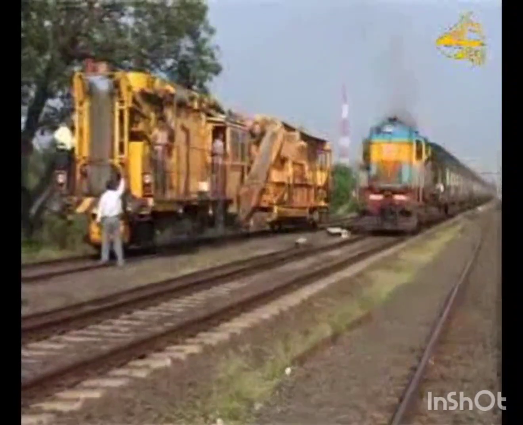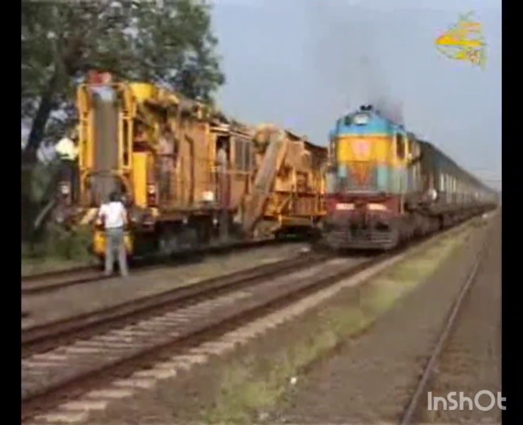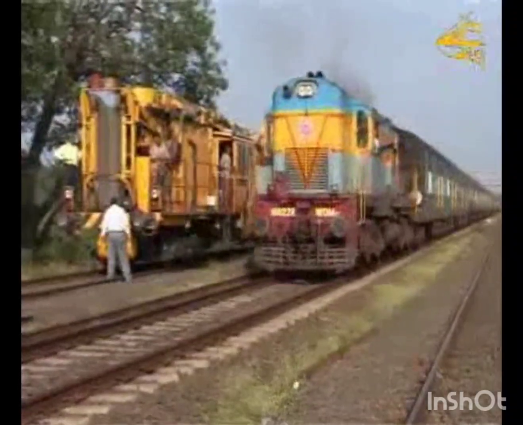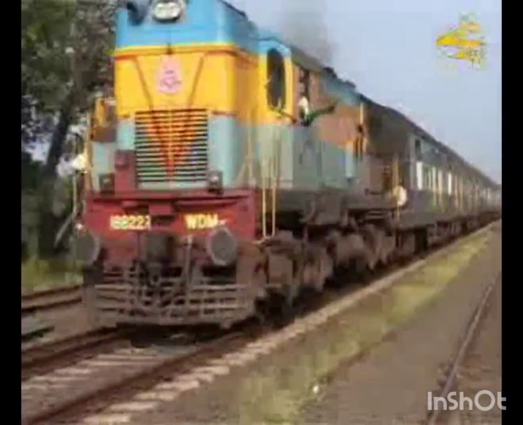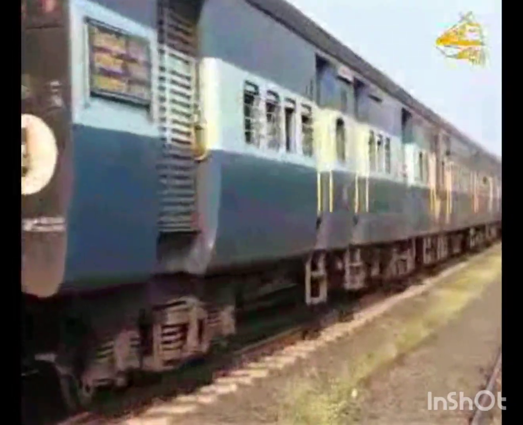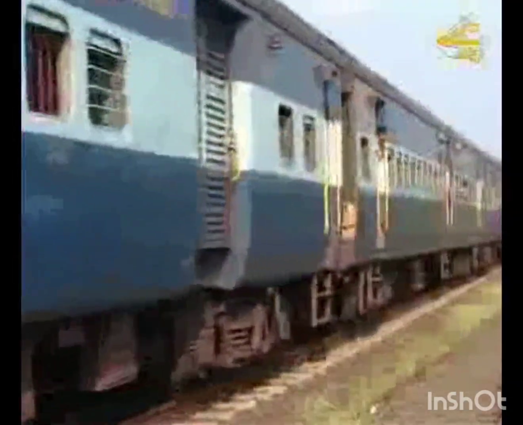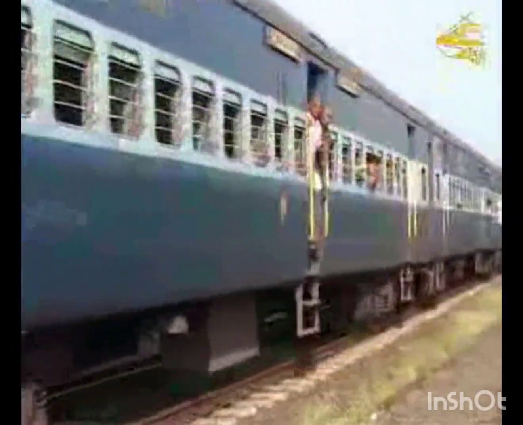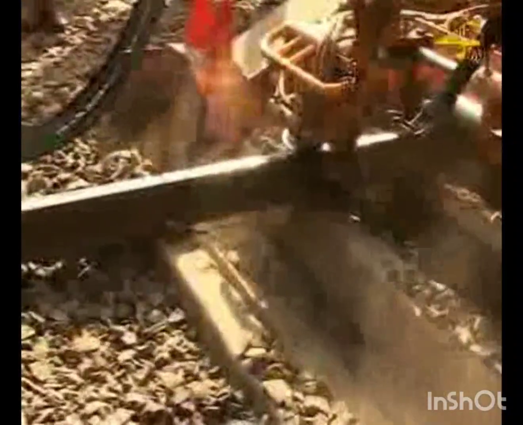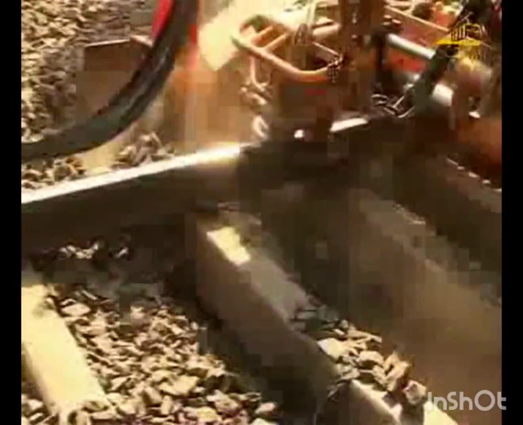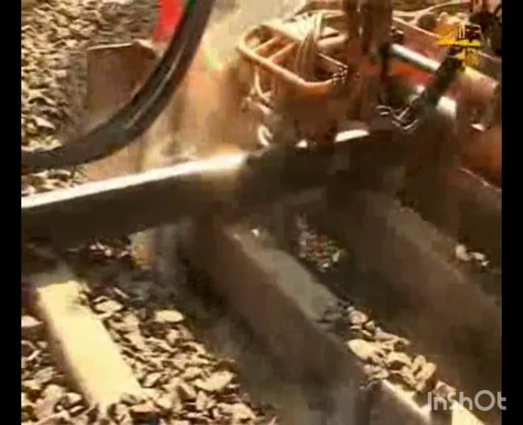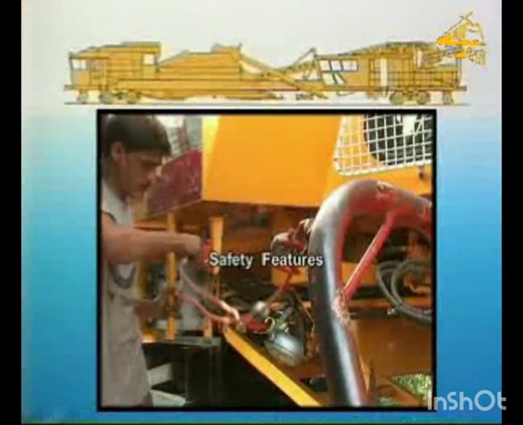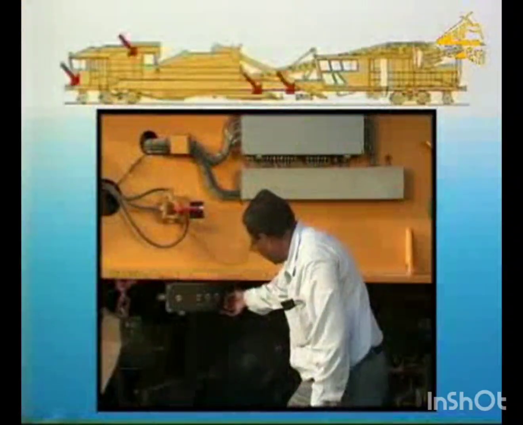While utilizing the BCM in a section having multiple lines, a temporary caution on adjacent tracks by way of suitable speed restriction and continuous whistling should be imposed so as to ensure the safety of the BCM working staff. This is necessary because a lot of dust and sound is generated while working of the BCM. Apart from the operator's cabin, the operating functions